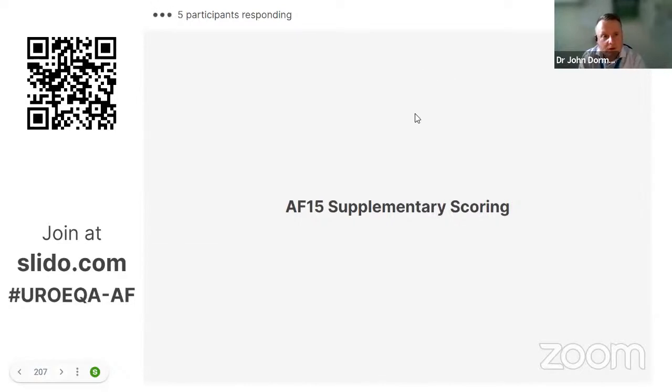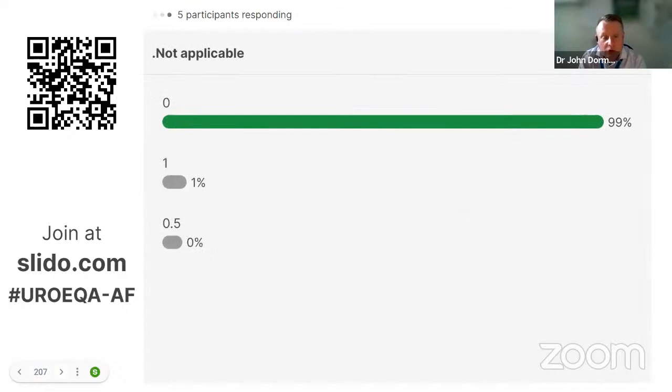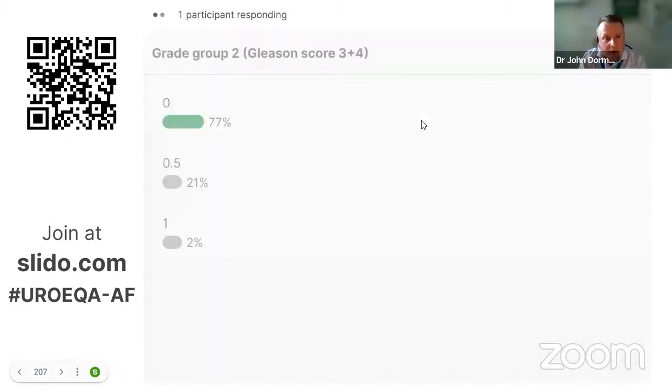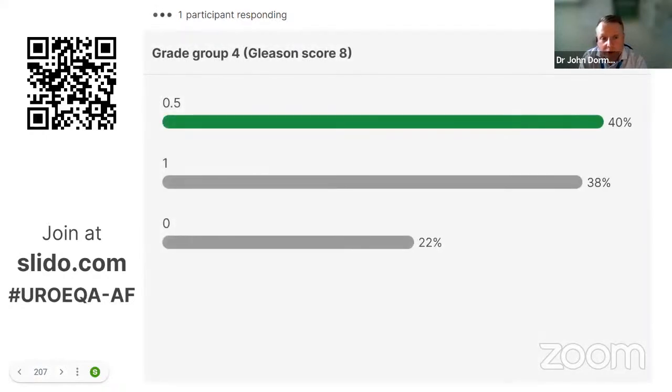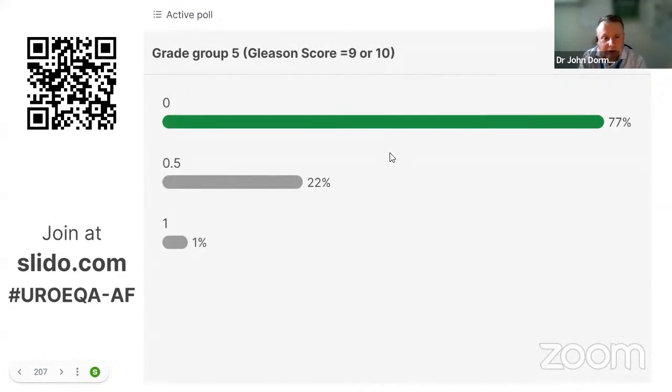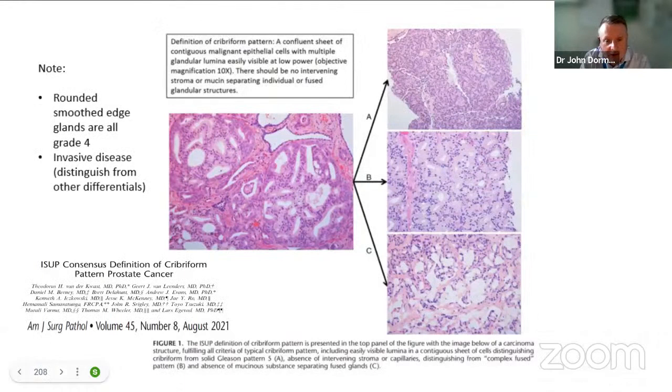Okie dokie, let's have a look. So not applicable gets 0. Grade group 2 gets 0. Grade group 3 gets 1. Grade group 4 gets a half. And grade group 5 gets 0. Okie dokie. This is just a mention about